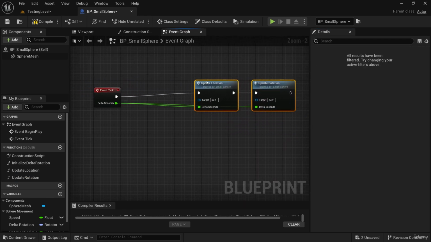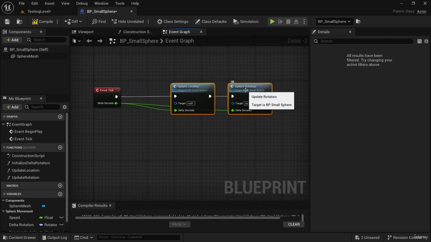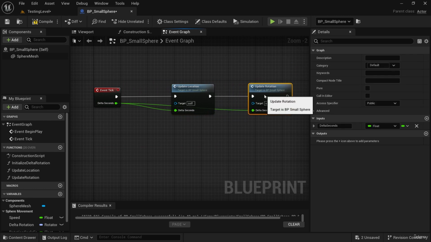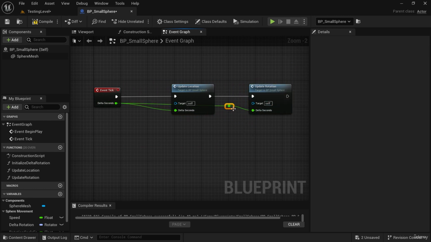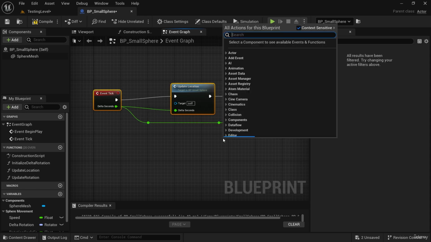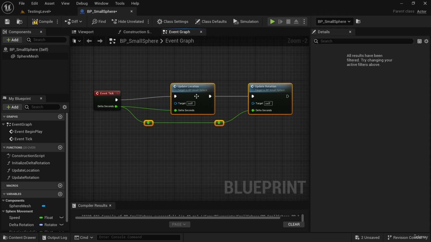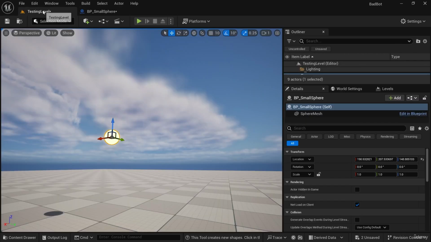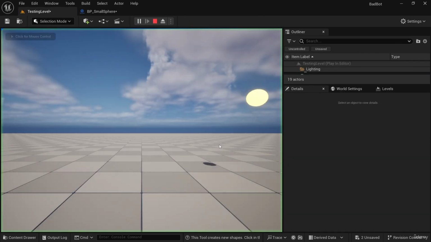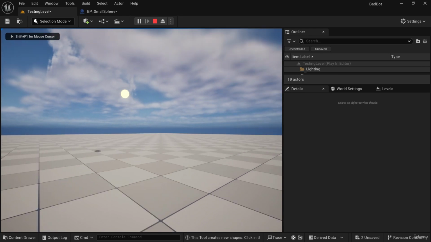And now our tick function looks a good deal better. And I think I'll use a reroute node for delta seconds here so that it's much more clear visually what's going on. Okay, excellent. So our small sphere is not only moving forward, but it's rotating and moving in a circular arc,